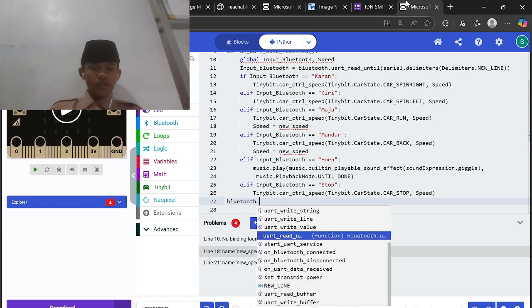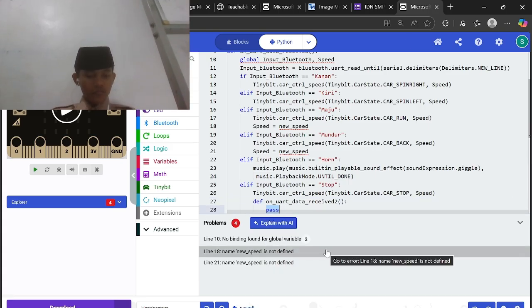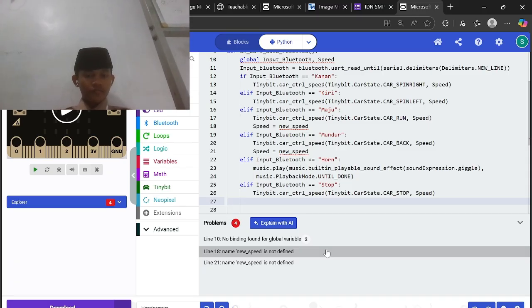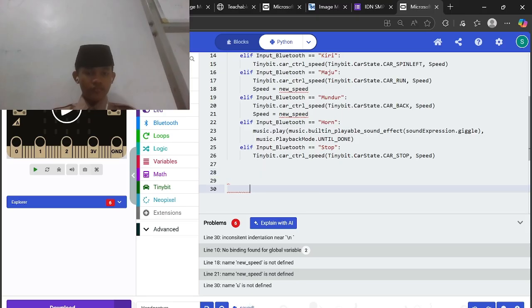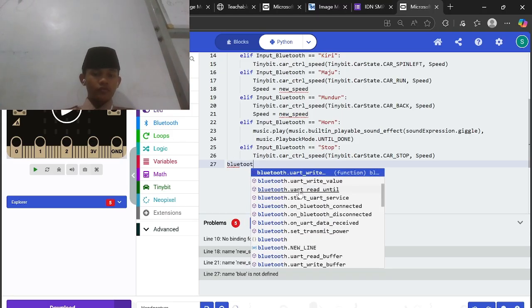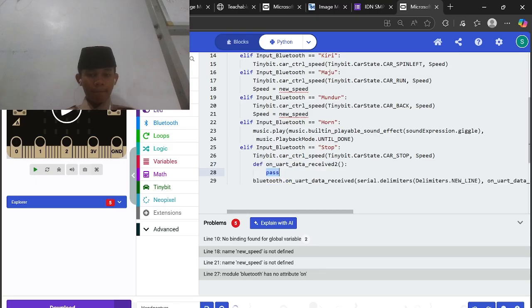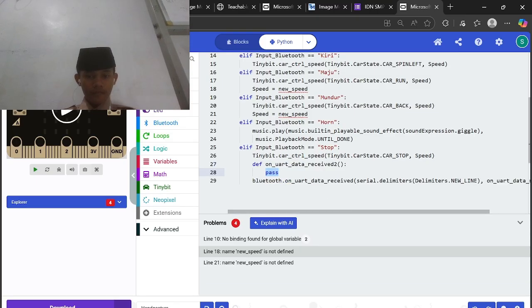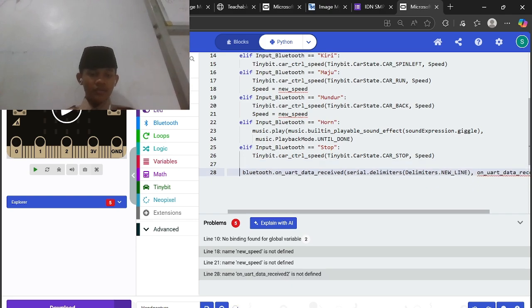Bluetooth on what data retrieve. Like this, but the position is wrong.